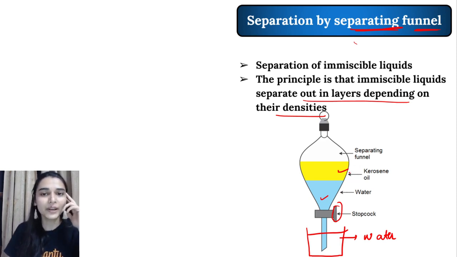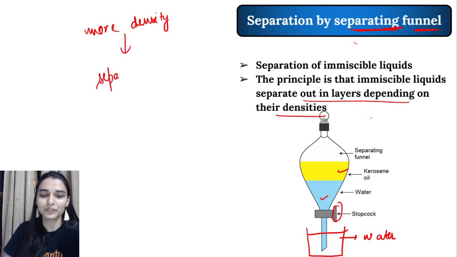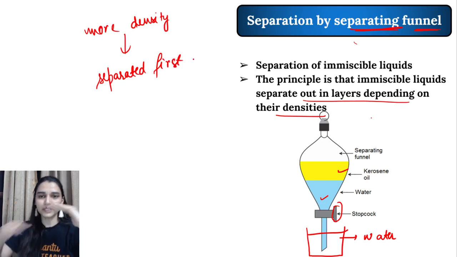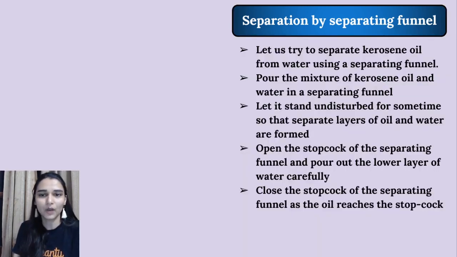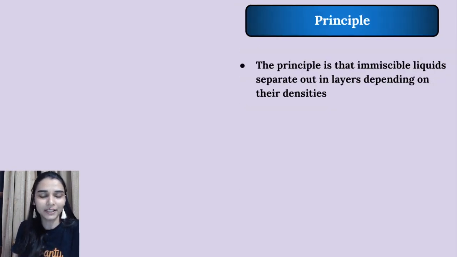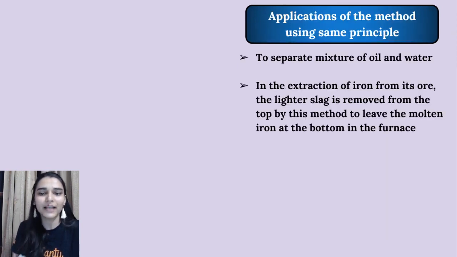Right, so the point that you will remember here, the heavier component separates out first. The component which is having more density, that is separated out first. So यहाँ पर पानी की density ज़्यादा है, so it will be separated out first because it is at the bottom. I will open the stop cock and it will come, and the lighter component is separated out after this. Okay, so the entire process is written here, so you can download the session notes and you can just go